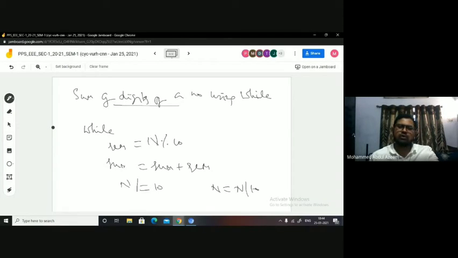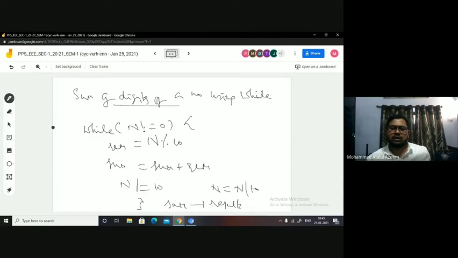Now I will eliminate that small n, and I want only capital N. Capital N is enough for me. I'll repeat this process until n is not equal to 0. This way also I can implement it. When I come out of the loop, I'll get the result in sum. I can print this sum. Sum will be my result. Yes or no?